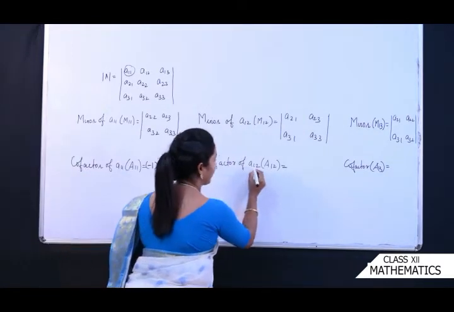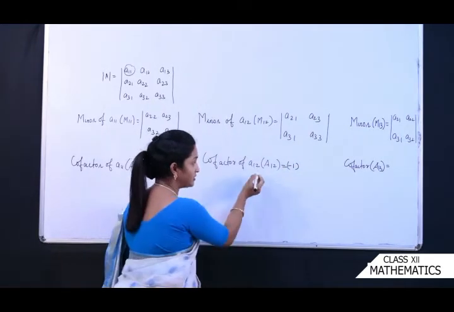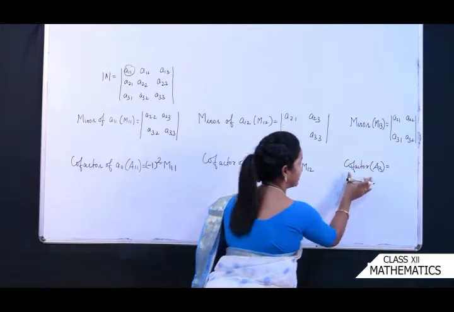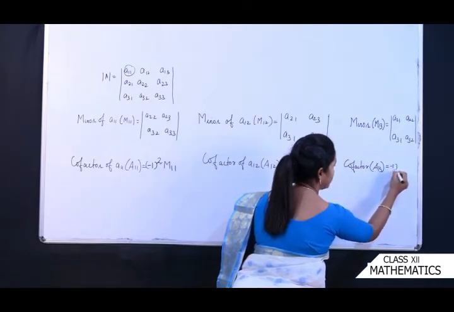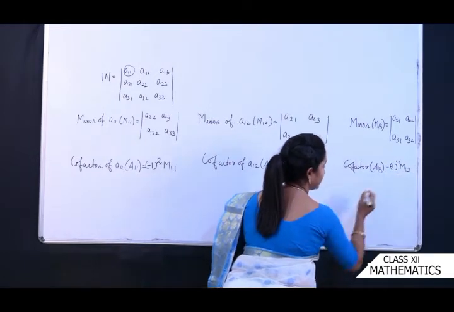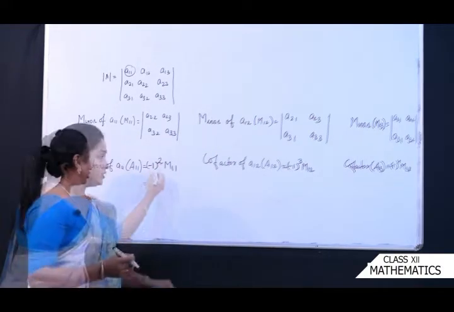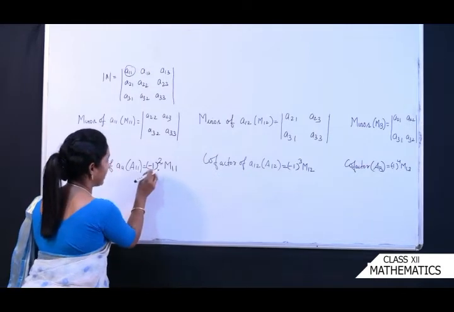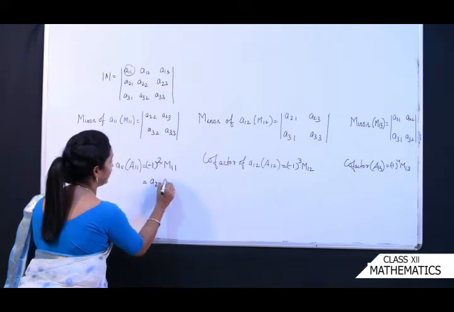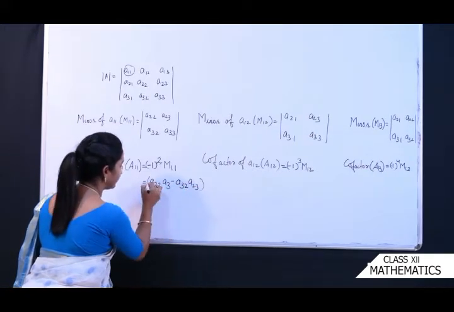Okay, now look at here, if you find the cofactor here, again it is -1 to the power i plus j. I plus j means 1 plus 2 and that is 3, M12. Okay, again we will see the cofactor of 1 3. Again it is -1 to the power 1 plus 3, it is 4, M13. ठीक है, आपको समझ में आ गया. अब ये माइनर क्या होगा, यहाँ पे आप देखिए -1 the whole square, it is plus. Now see here, what is M11? M11 is -1 the whole square will become plus and M11 you have to just cross multiply. That means A22 A33 minus A32 A23. Okay, right? ये मिल गया आपको.